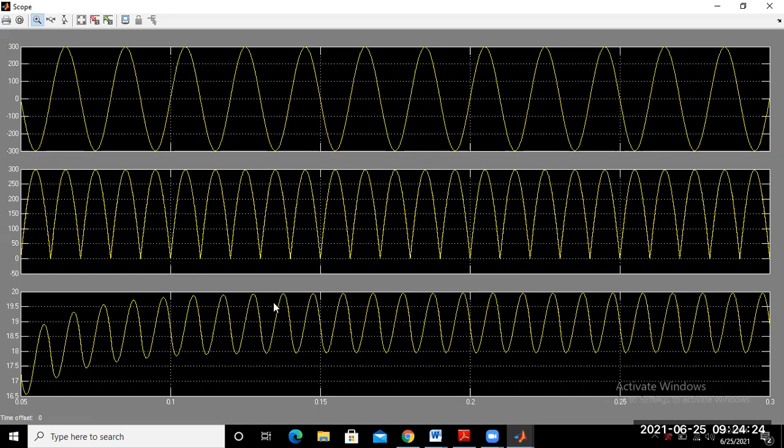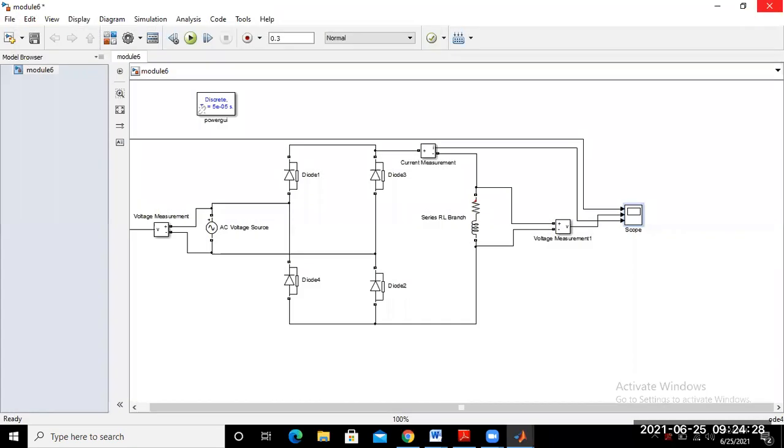If you want to change the reactance value, then you can change the parameters of the inductance here.